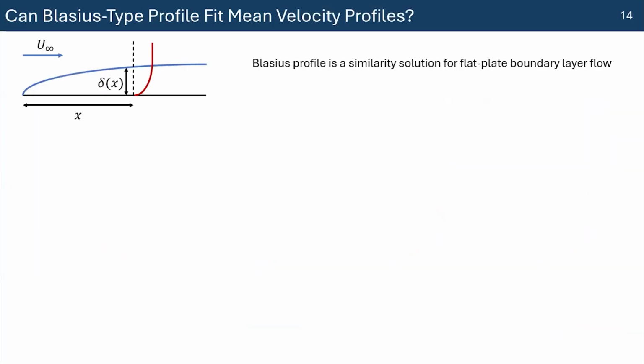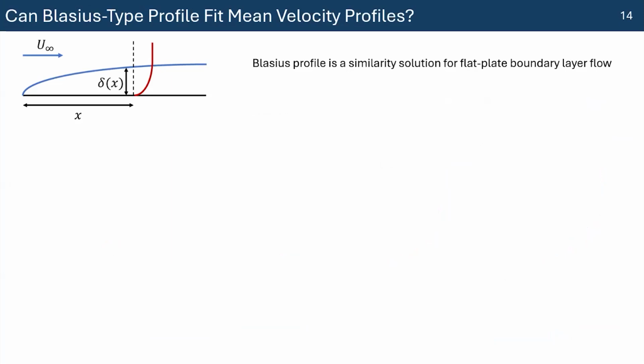So one interesting aspect of the boundary layer in RBC is, can a Blasius type boundary layer fit the velocity profile of Rayleigh-Bénard convection? This is another question that's been discussed in the community. So the thing is, the Blasius boundary layer profile is what we normally see for flow over a flat plate. As we see, there's a U infinity and there's a boundary layer developing over the flat plate due to the